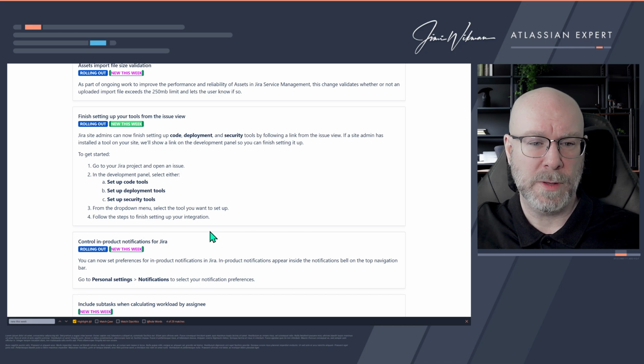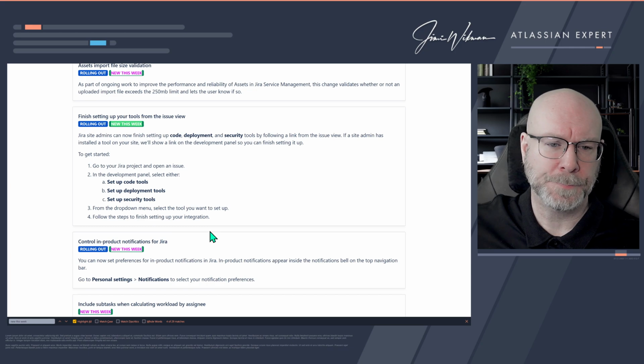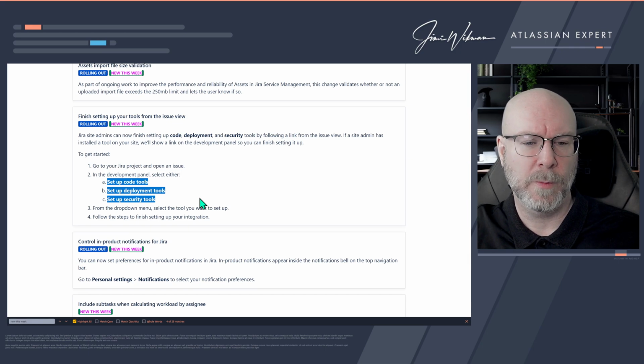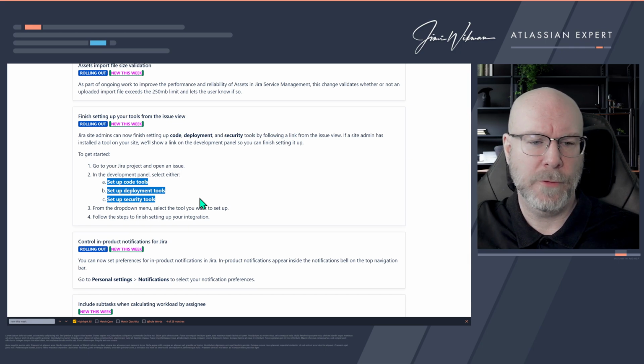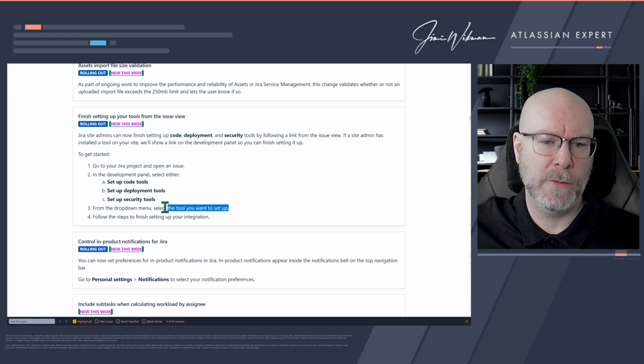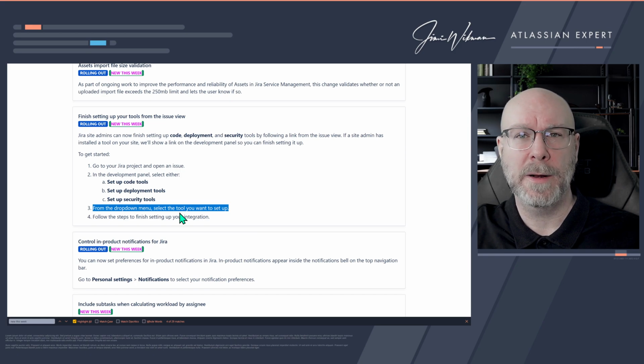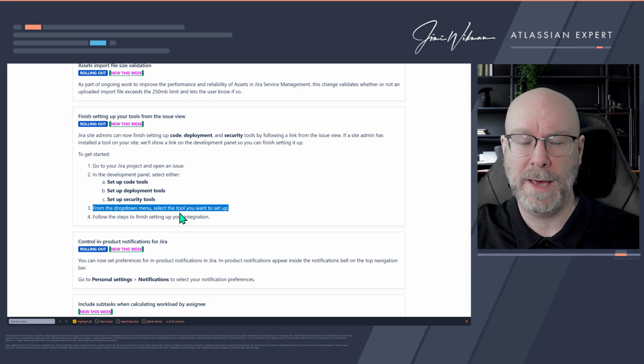But basically what happens is if you go to an issue, you will then see in the development panel one of these: setup code tools, setup deployment tools, or setup security tools. From the drop-down menu, you can select the tool you want to set up, and then follow the steps. So it's kind of an in-your-face reminder that you have activated this one, but you haven't completely set it